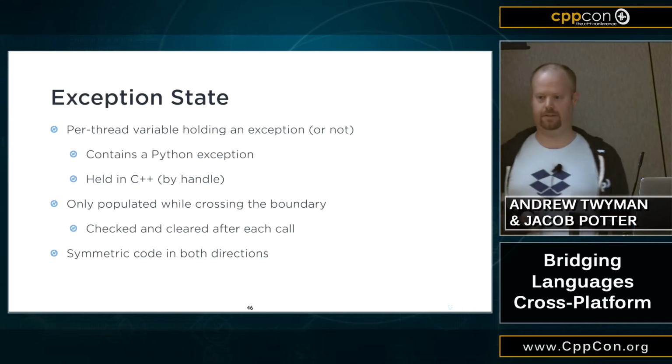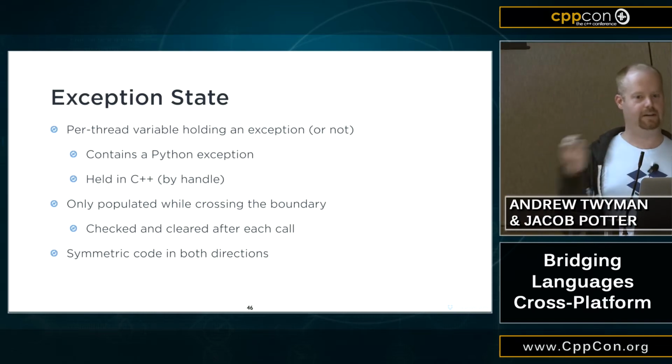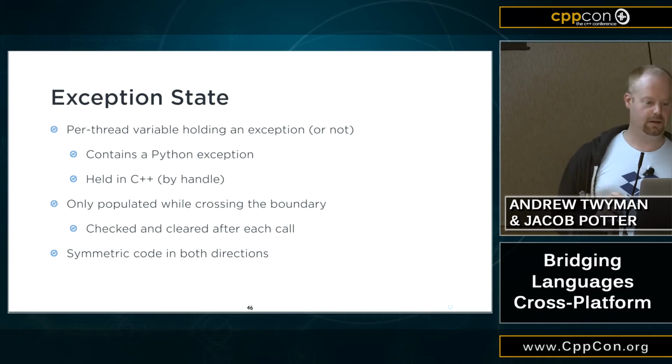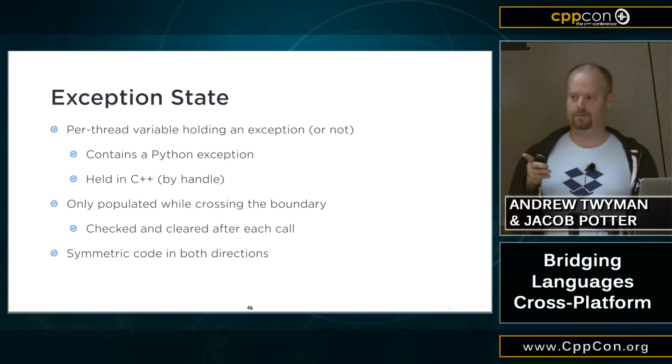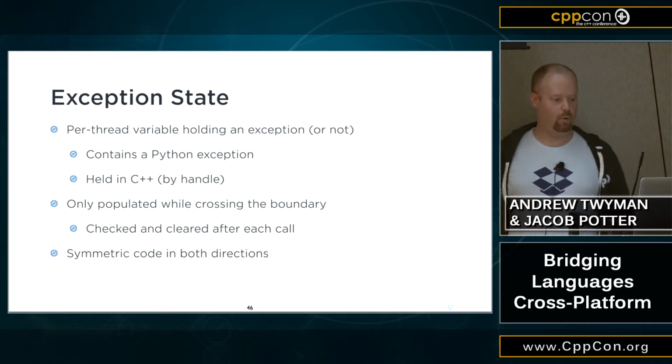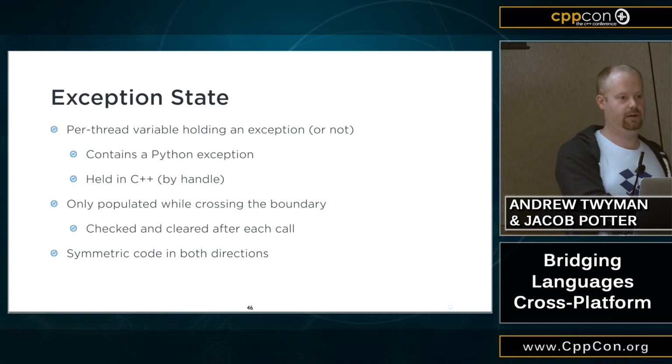That's partially because thread locals in Python when interacting with C++ threads are weird. There are ways of making them less weird, but they're outside of the scope of Djinni. But inside of the scope of some sample code you can find in the Djinni repo. So we only populate this exception state while we're in the process of crossing the boundary,